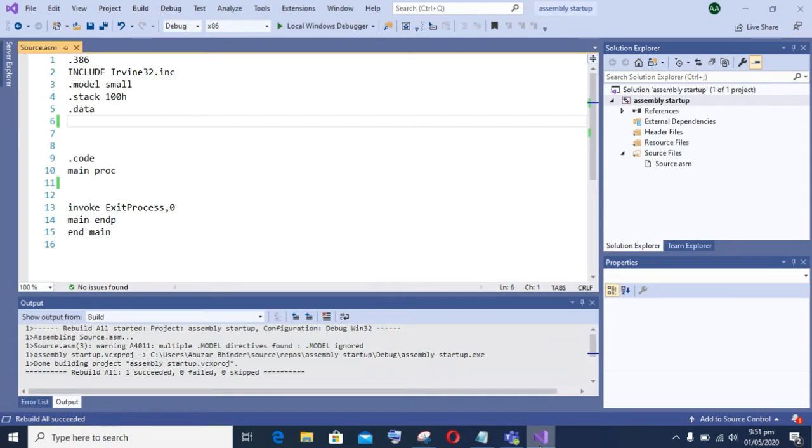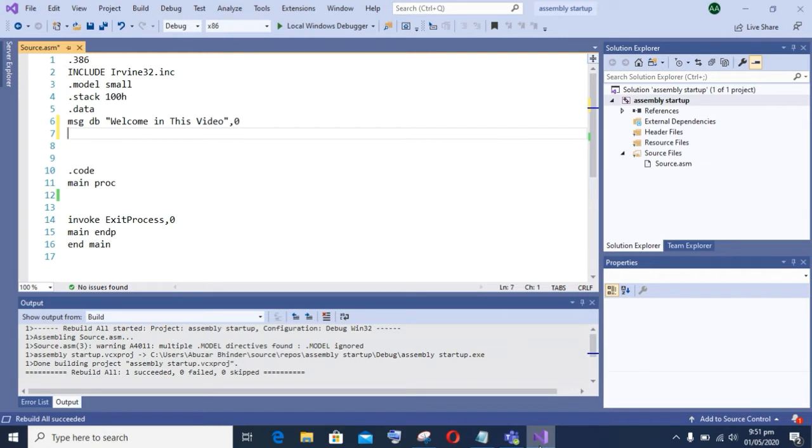Today in this video I will show you how to use if else in assembly language. Basically if else in assembly language works on different operands like jump greater and jump not equal and so on. Today we will use jump greater and jump less to find the greater number and the lesser number, that is, the numbers will be given in our program while executing. So let's begin our video.